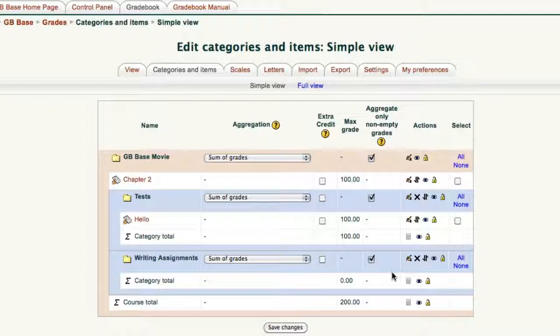This is great. The only problem is right around the end of the semester you're going to want to uncheck all of those boxes. That way an empty assignment will in fact be worth 0 because the student didn't do it. We're working on a way to make this automatic, but for now this is one of the few things you actually have to deal with in the gradebook. And as always, save your changes.